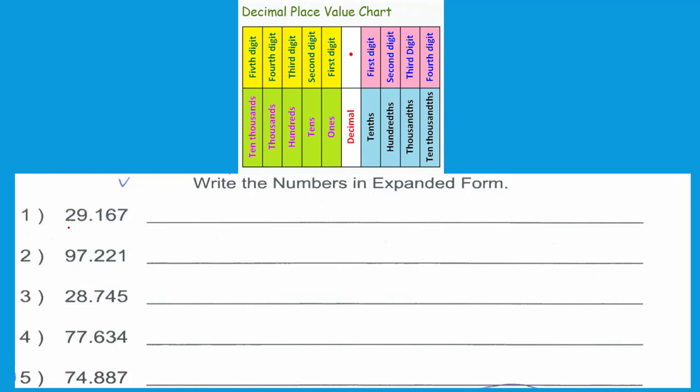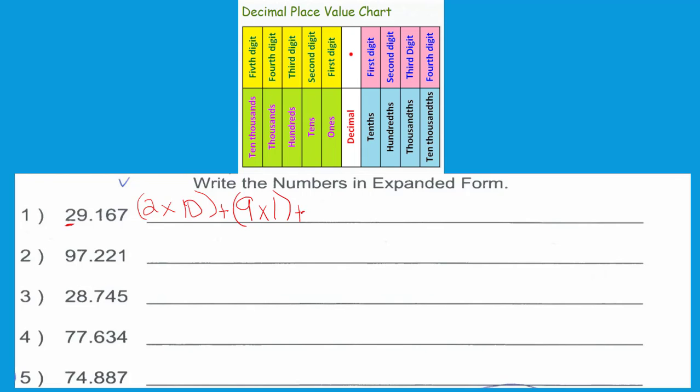So we're going to start here all the way to the left, which is the 2 in our tens spot. So we are going to put 2. It is in the tens spot, so we would put 10 wholes plus the 9. Which spot is that in? It is in the ones spot,